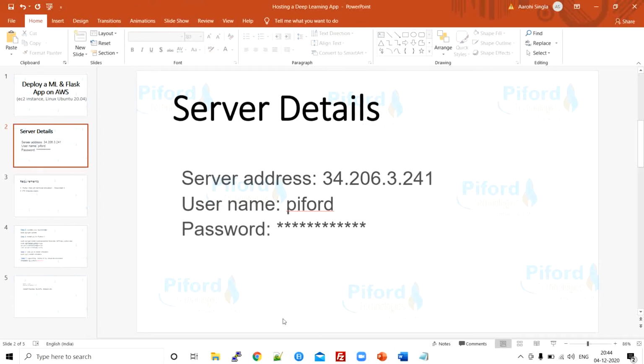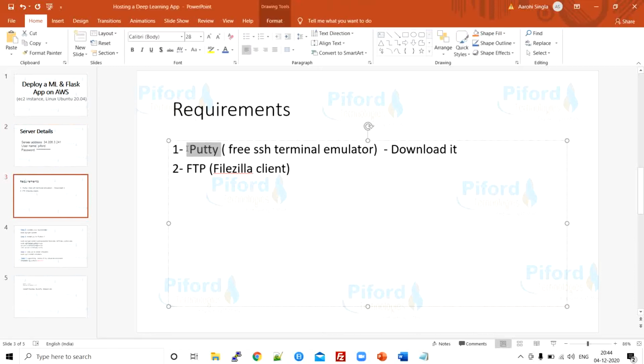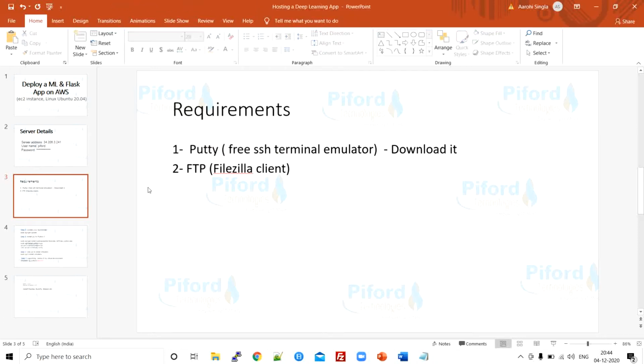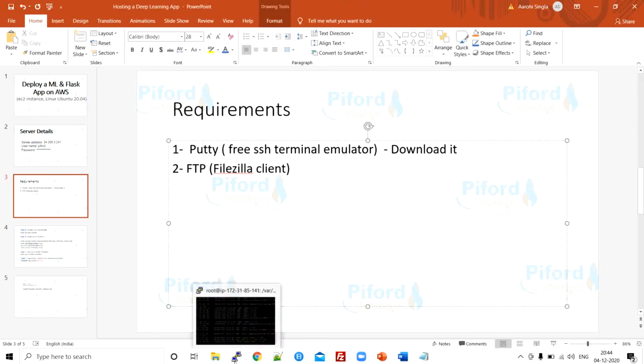And then the requirements. These two are the requirements, PuTTY and FTP. These two are software. First of all, let me tell you about PuTTY. You'll see these two pieces over here. This is PuTTY, and what we are going to use today is this PuTTY. Now what is PuTTY? It is a free SSH terminal emulator.